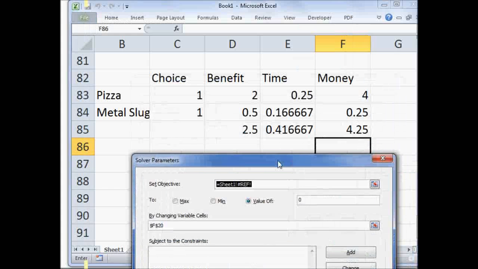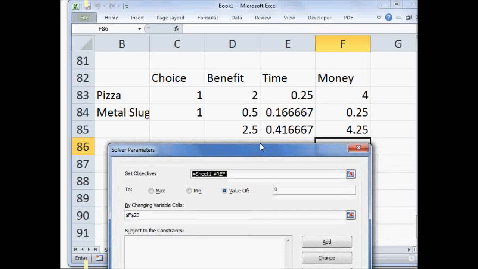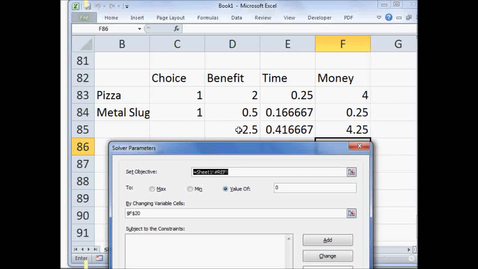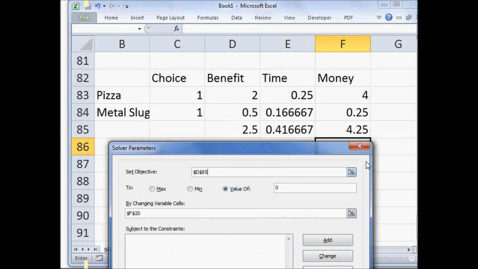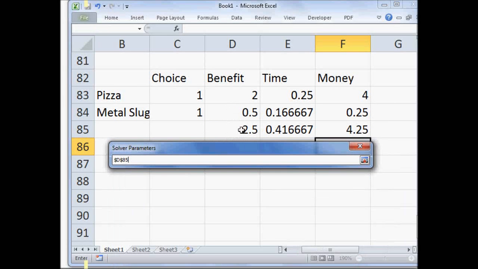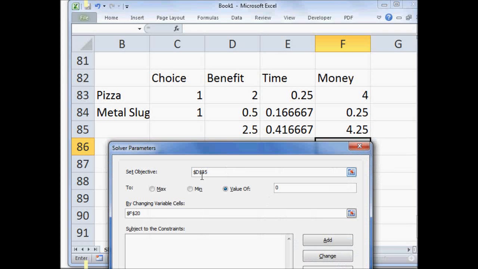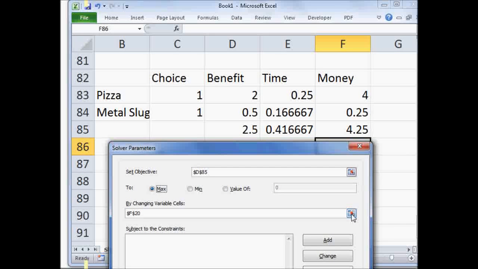So we want our benefit. Solver does a few things. The objective function is the thing we're trying to maximize or minimize or set to a certain value. We're trying to maximize benefit. Notice I click here, select my cell, go back. So we want D85 to be maximized. By changing, now, we want to change